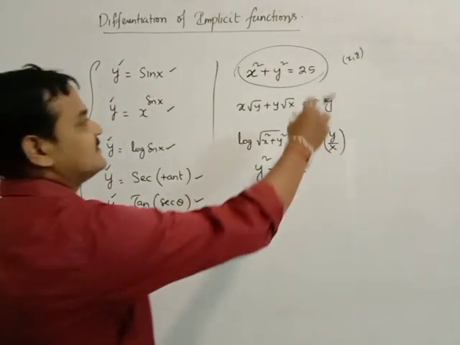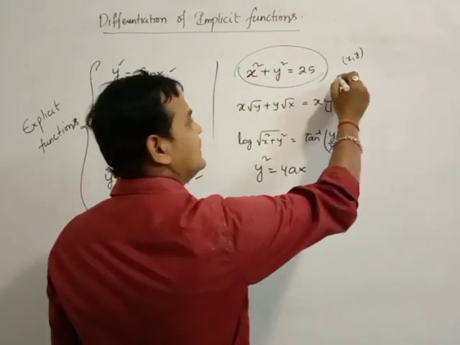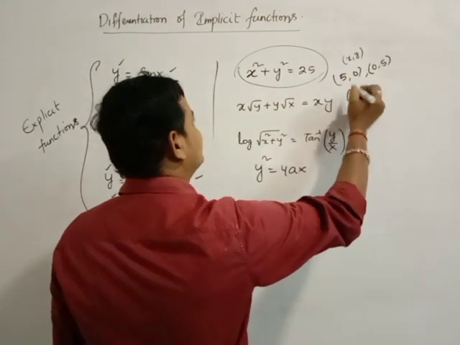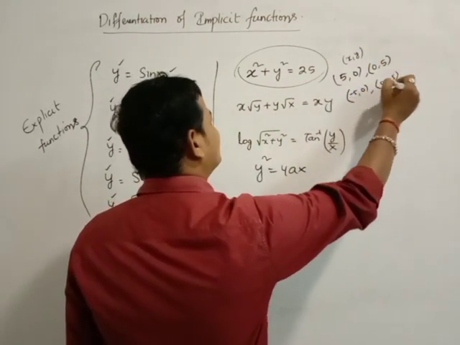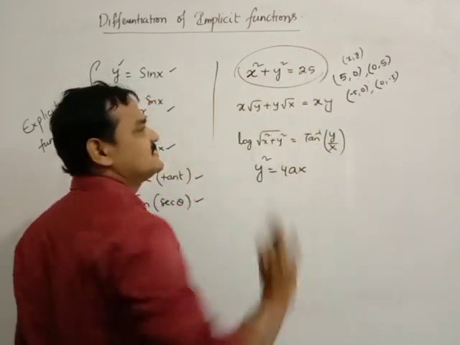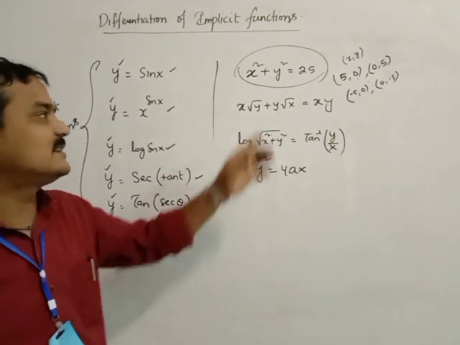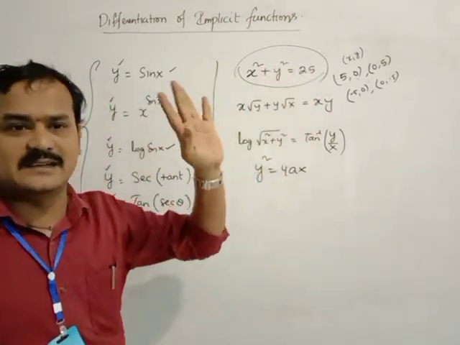So here, x and y means if you take x is 5, y is equal to 0, right? If you take x is equal to 0, y is equal to 5, right? Otherwise x is equal to minus 5, y is equal to 0, right? Like that you can find the points which will be satisfied. Means here both values we need to take to find the value of this one. So one is not depending on the other.